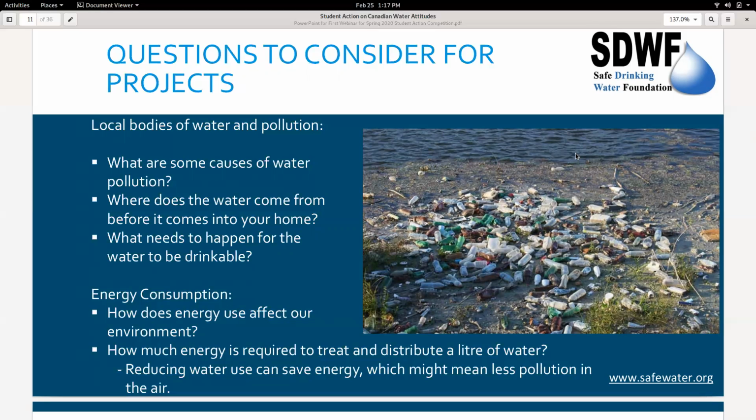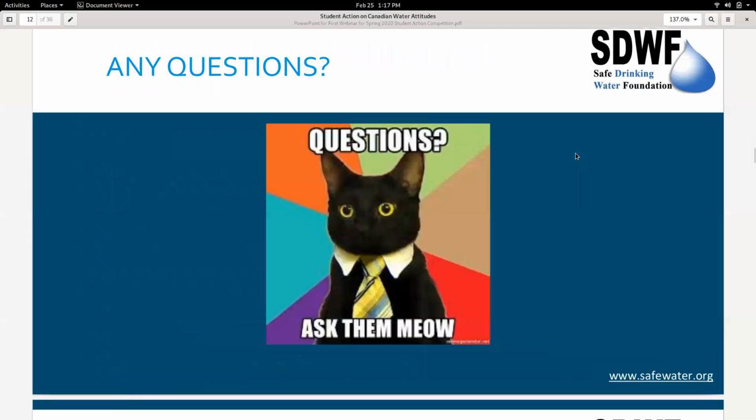Remember that reducing water use can save energy, which might mean less pollution in the air. So there is the benefit of saving water and also saving energy.